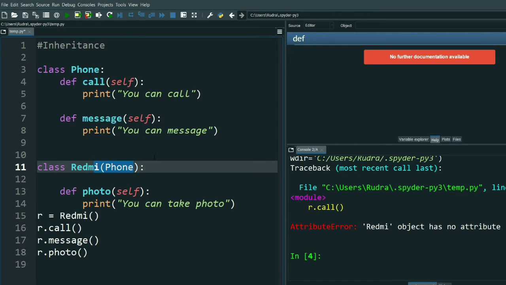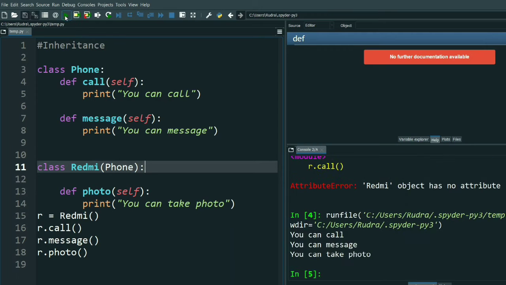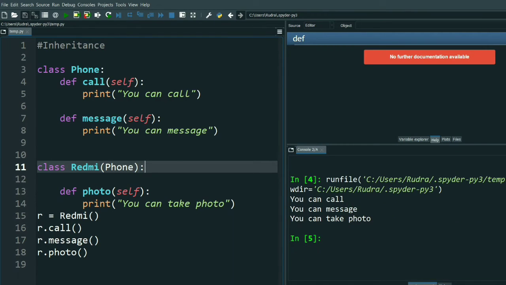In Phone there is call and message, so the properties of Phone will come in Redmi. Now let's call and see it. See, now it is working properly because we inherited the properties of Phone into Redmi. Phone has come to Redmi, so it is working.